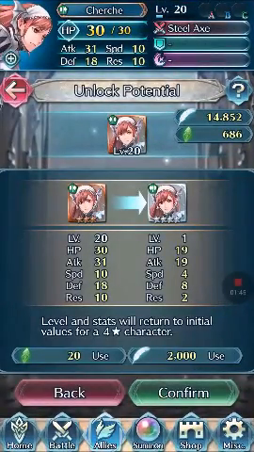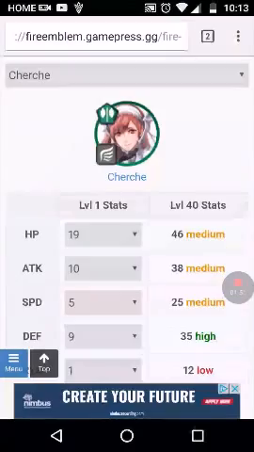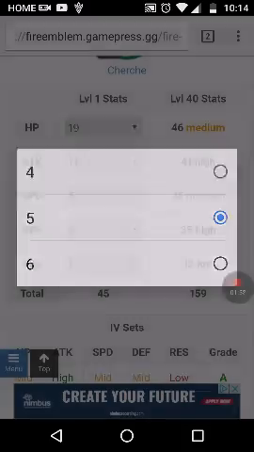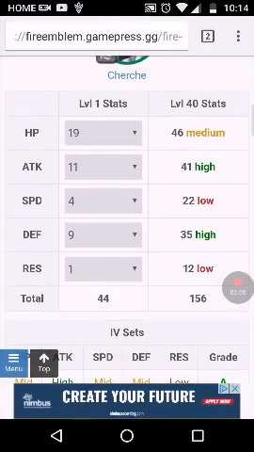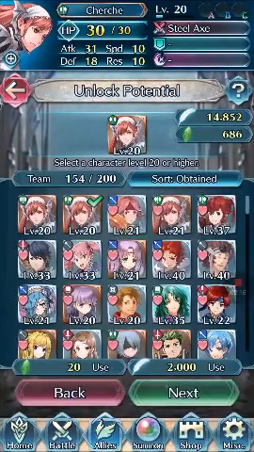When you look at the second Sharena that I have here, you could argue she's maybe the optimal one. I would argue the minus resistance plus attack one is. This is a minus speed plus attack Sharena, so kind of close, but not quite. It depends really on what you want. And the third Sharena that I have is